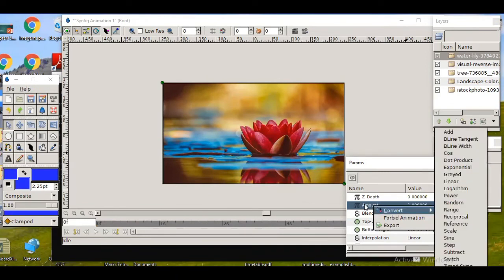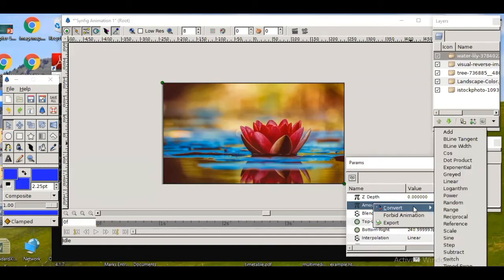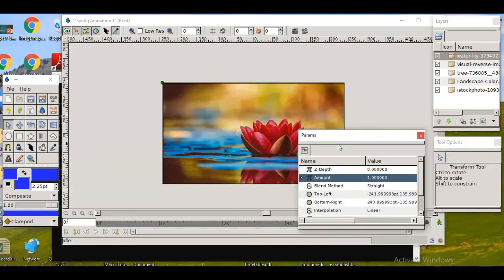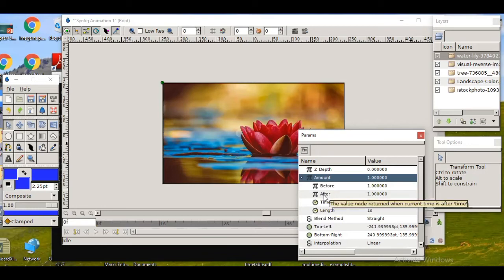Now here in amount, select the first layer, go to amount, right click on it, convert, then time swap. Okay, select this time swap. Now click on this triangle before this amount, and here you will get different options, before and after.